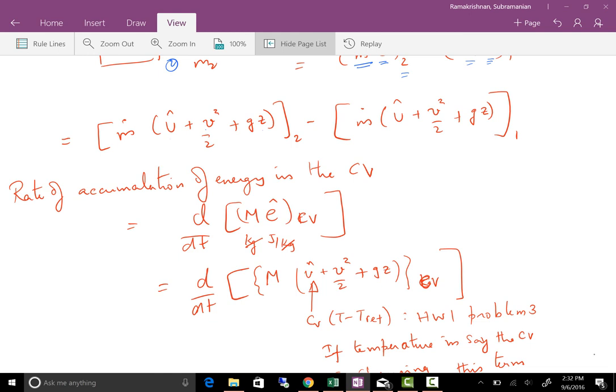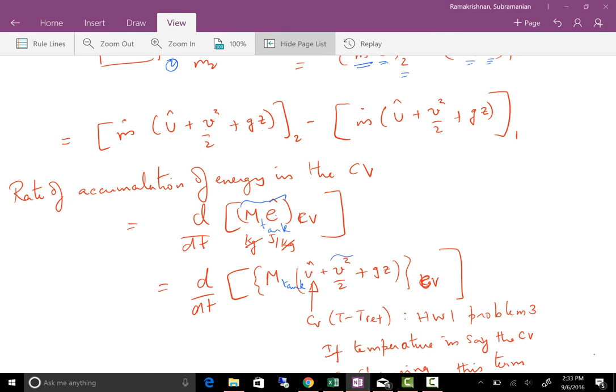Like say in homework 1, in the final problem where the oil inside the tank was getting heated. Obviously, when the oil inside the tank is getting heated, the internal energy is probably changing, right? It gets more and more hot. And as a result the internal energy inside the tank is changing with time. So d by dt, how things are changing with time, the mass of the fluid in the tank times energy per unit mass gives you the energy inside the tank, and how that is changing with time is your accumulation, right? So d by dt of mass inside the tank times internal energy, kinetic energy, and potential energy per unit